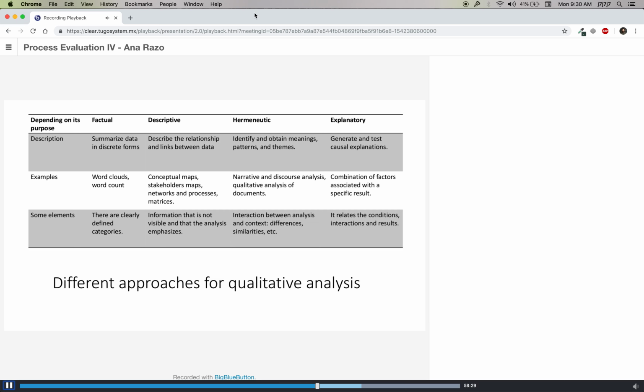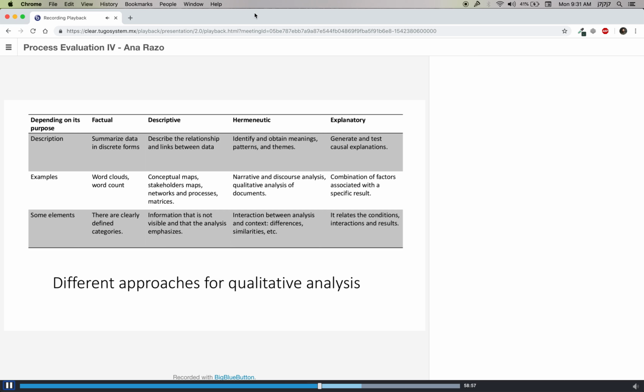And it is a fundamental part also. And also, I think it is very important to mention that this type of analysis has to do with impact evaluations. In impact evaluations, we have to explain why something happened and regarding the effects of the program. In a process evaluation, for instance,